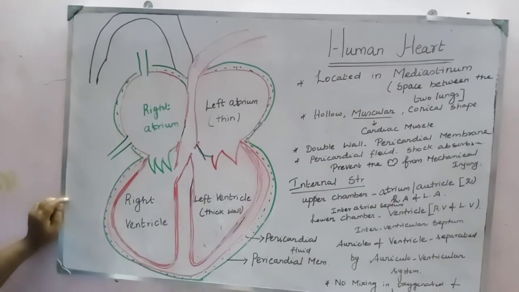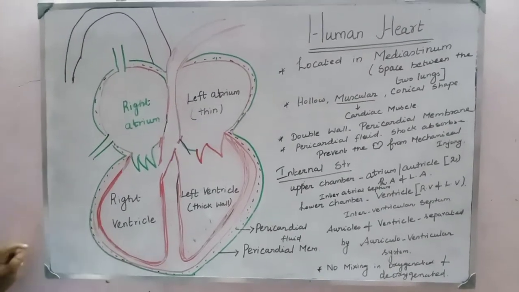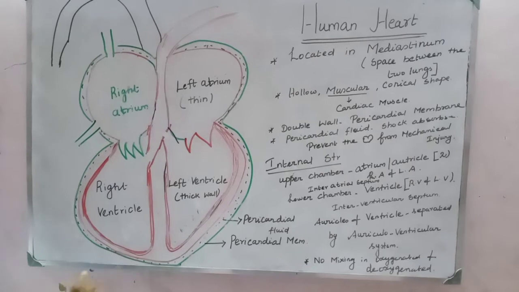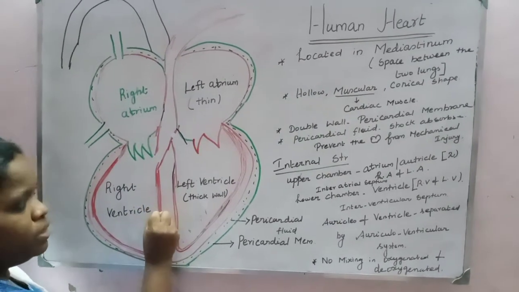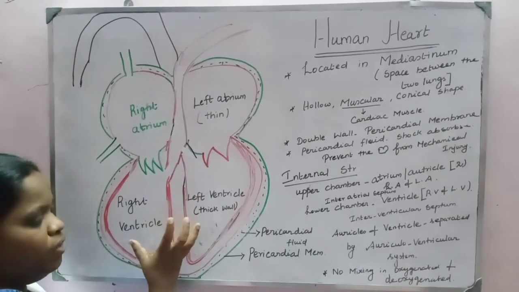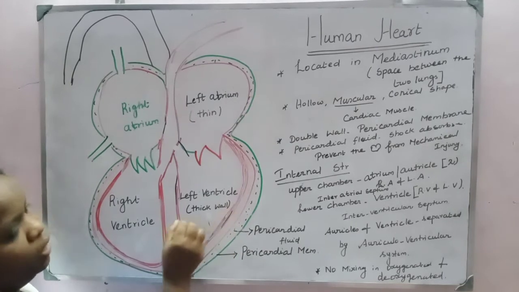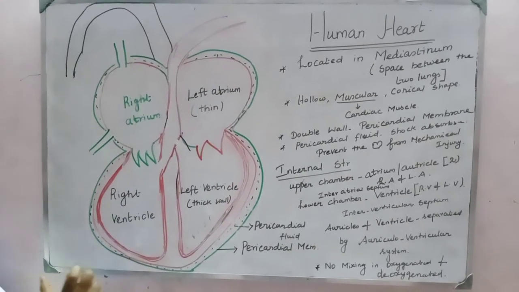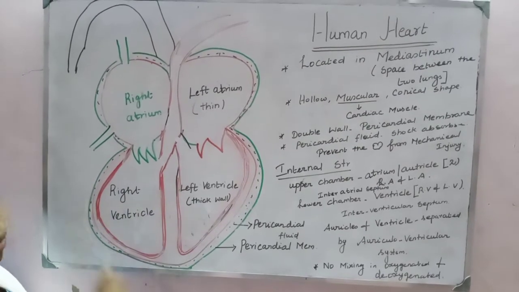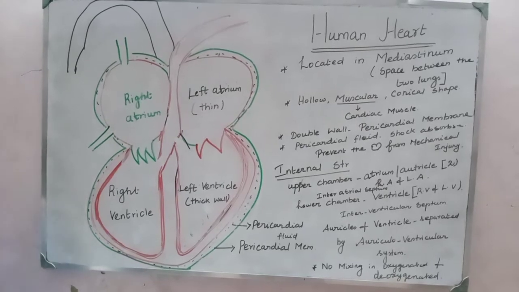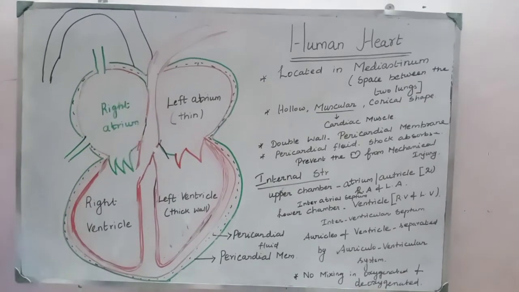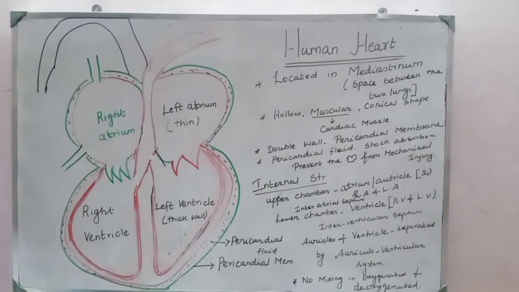Why do they have a thick wall? The wall of the ventricle is so thick. What is the reason? What is the advantage here? Because the ventricle needs to pump the blood to all parts of the body, right? That's why ventricles have a thick wall. They need to pump the blood at high speed or high pressure. Then the wall of the atrium is thin because they only pump the blood into the ventricle.